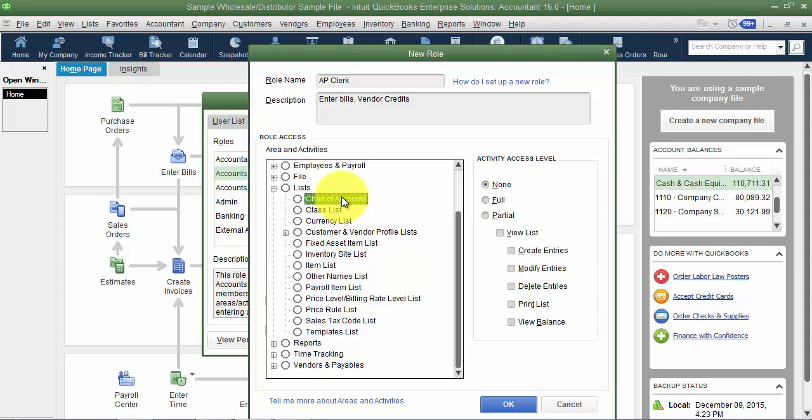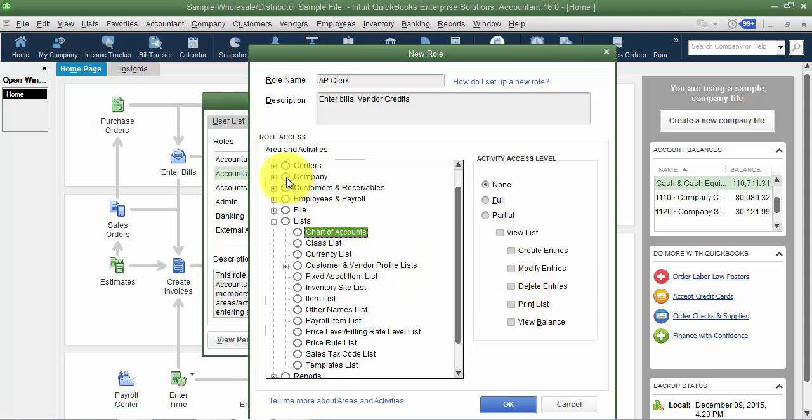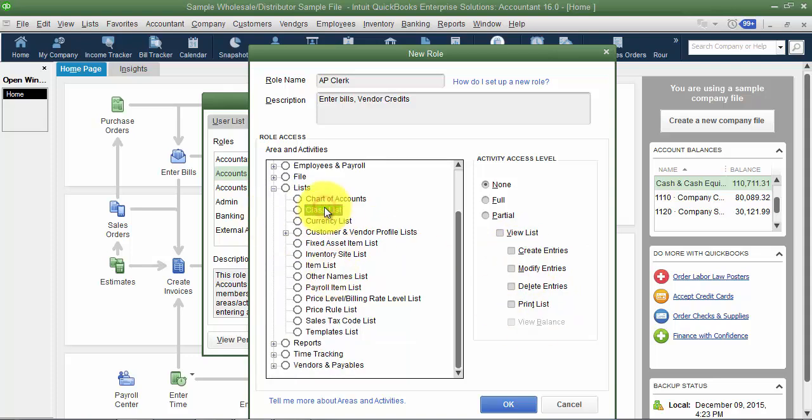So we have chart of accounts, and this is a list similar to our centers up top, right? So chart of accounts, can they create chart of accounts? Can they edit them, delete? Can they view the balance on the chart of accounts? Classes, currency. Okay, the customer and vendor profile list, so similar to when you go up to lists here and